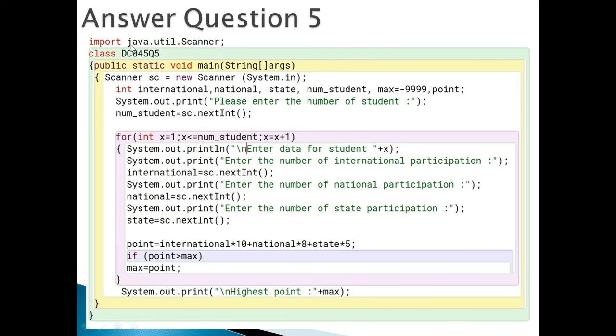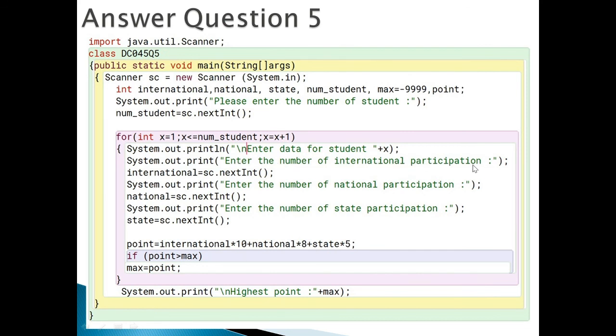Okay, so this is my answer. What is your strategy? Number one, you need to get the number of students. After you get the number of students, you can create your looping or your repetition here by the number of students. And then the second step, you need to get all the data